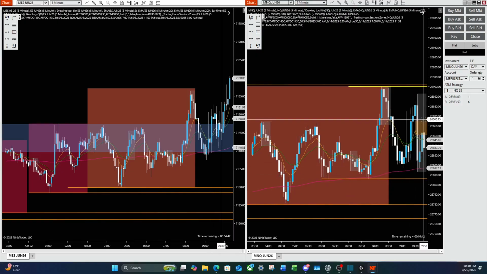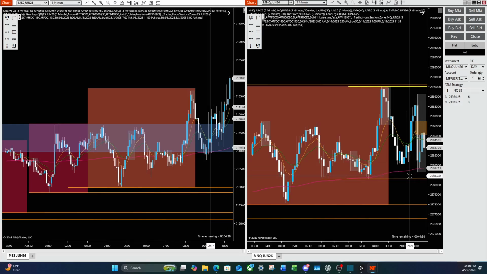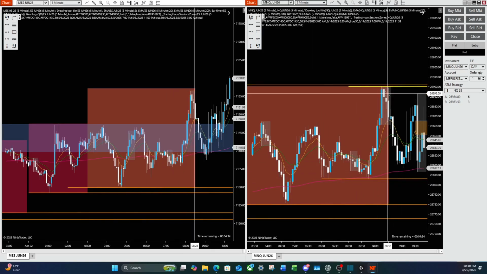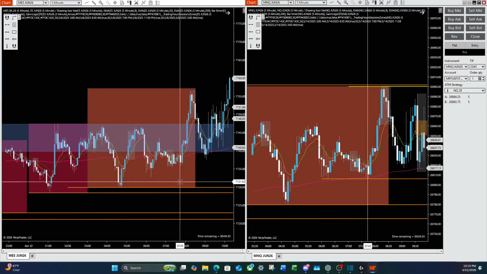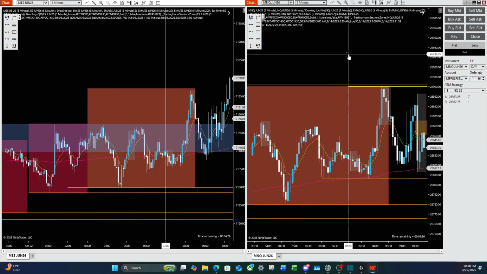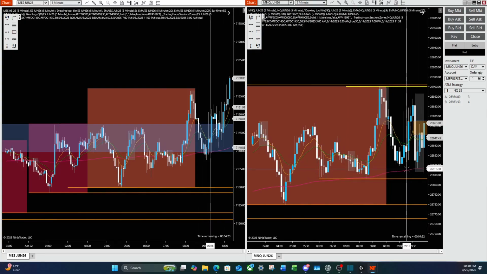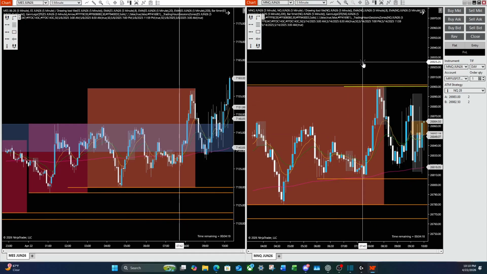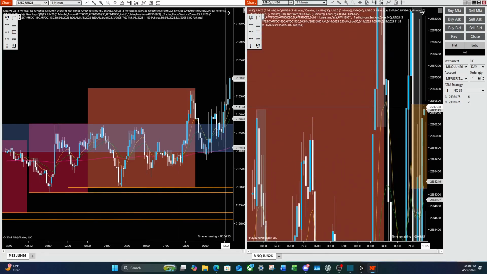So once we rejected out of this fair value gap, I not anticipated, but very well could have seen us sweeping out these lows to then rotate up and take out these daily highs here, which then could have given the possibility for ES to rotate down, but it didn't. But that's to get into the later conversation. So we make another push down, sweep out more 5-minute liquidity, get a push up. And I was so very close to taking this trade.